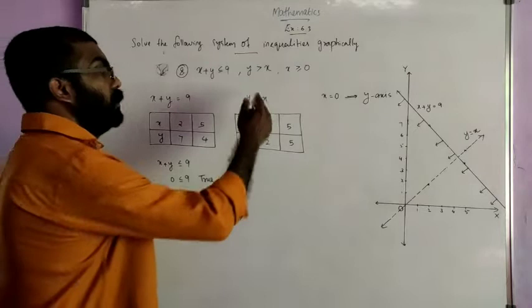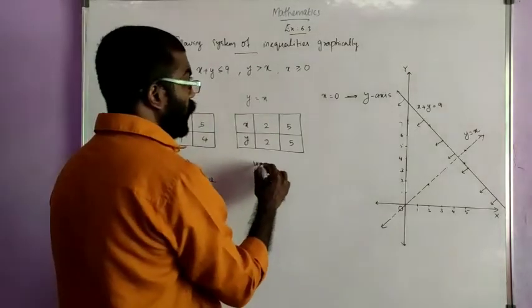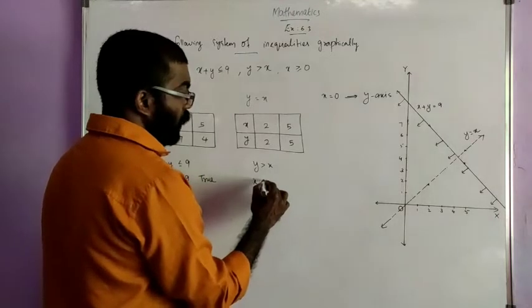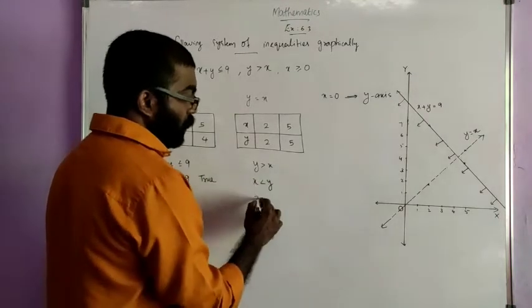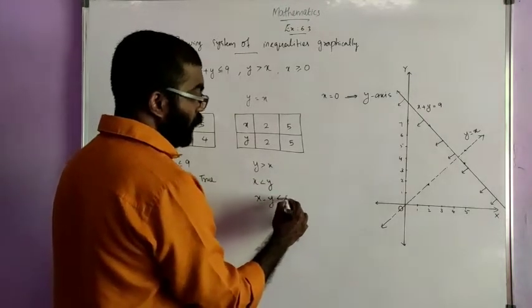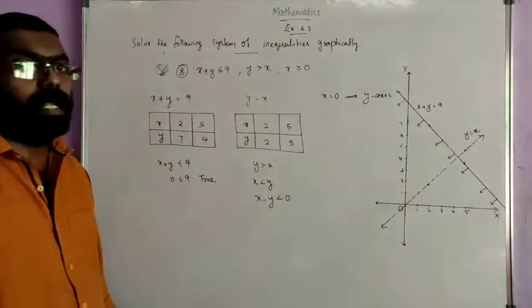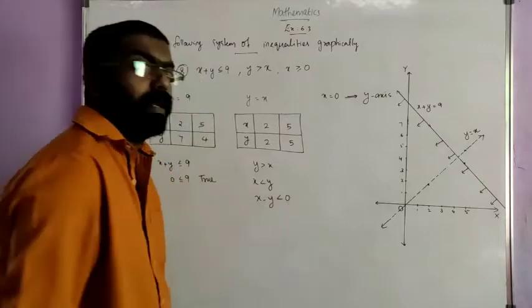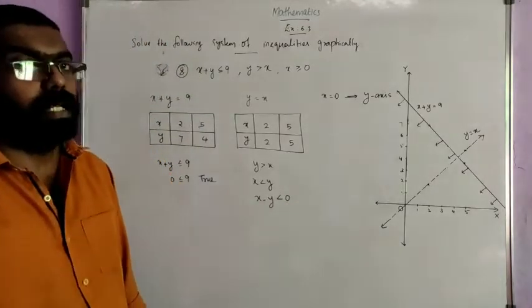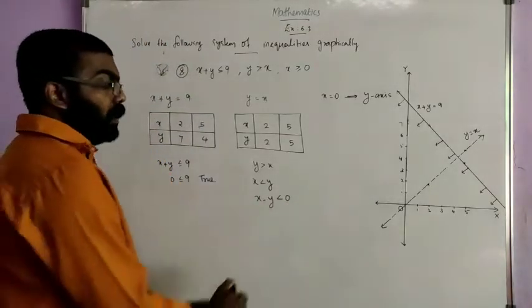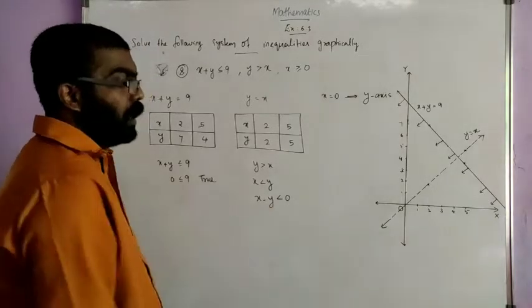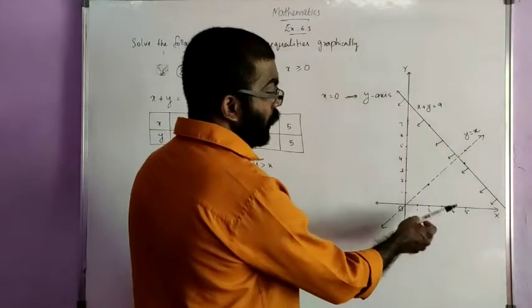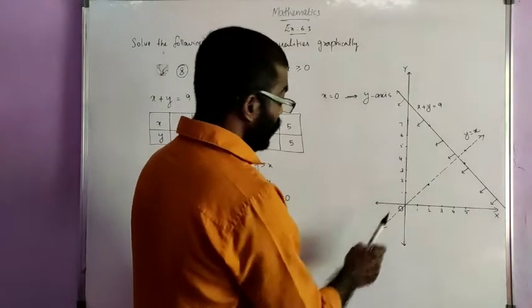Okay. Now take the second one. Y is greater than x. Here it is not in proper form. First of all, we can write x is less than y. Or x minus y is less than 0. Now we can check the point. Here also the problem is RHS is 0. Okay. Like in the previous question, question number 4. Here also we have to take any other point. That means we have to take a point on either of the half planes other than 0, 0.